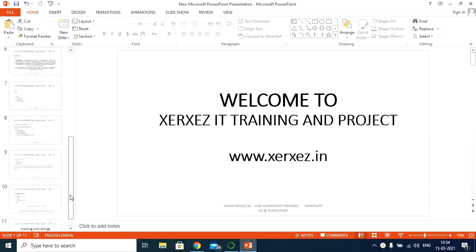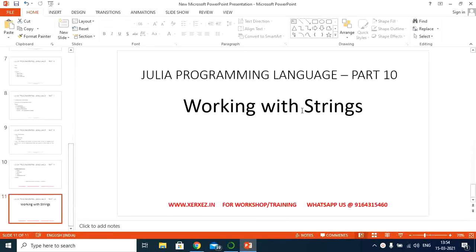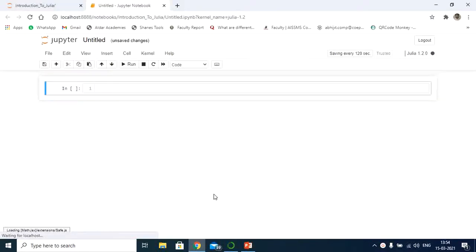So in this tutorial we are going to discuss how to work with strings using the Julia programming language. So instead of wasting time, let's dive into the hands-on session. Here, I have already created a new notebook using Anaconda Navigator. Now you can see I have already integrated the Julia compiler with Anaconda Navigator, and you can see the three circles that indicate that I can run the Julia programming language using this Jupyter notebook.